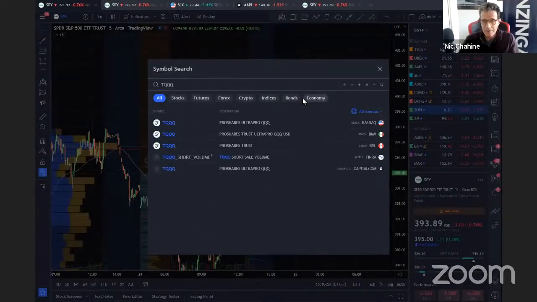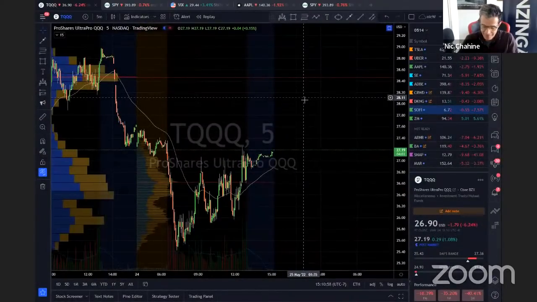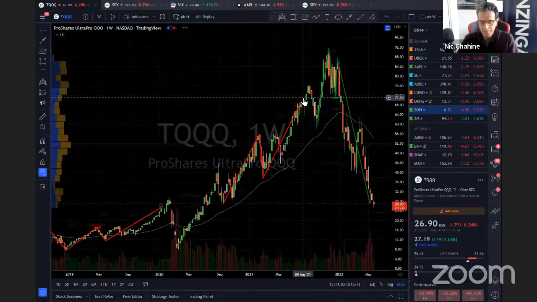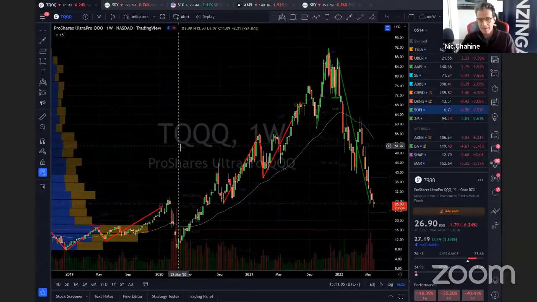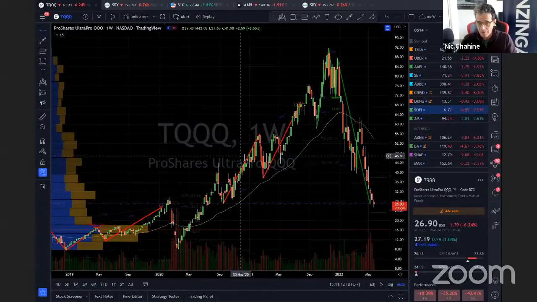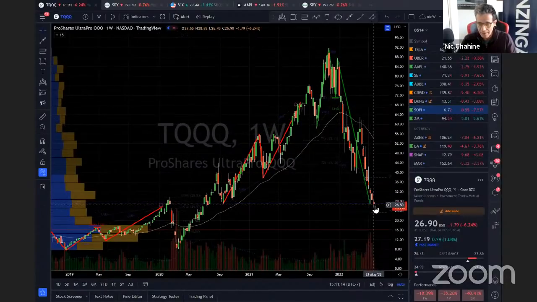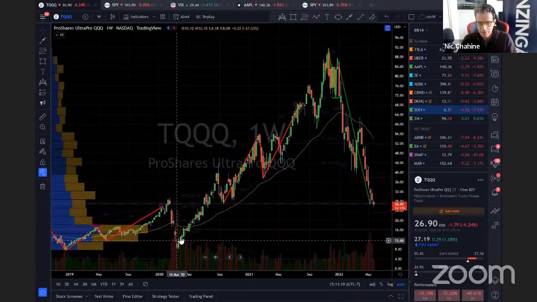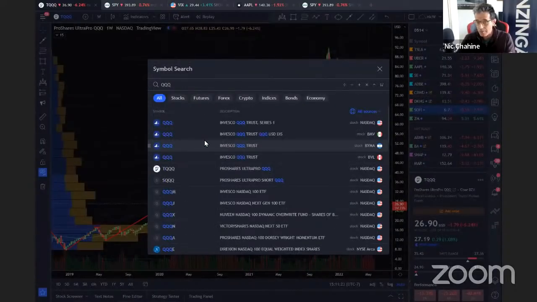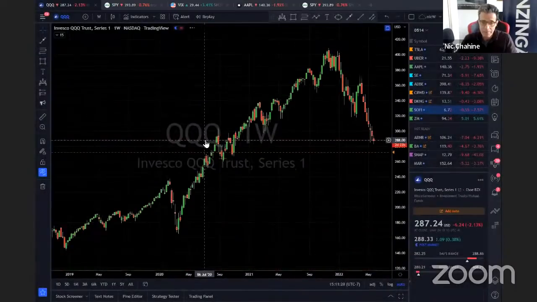So the TQQQ is basically, God, it's so hard to say. Let's call them the TQs. This is the NASDAQ ETF on crack. It's a 3x the Qs, right? Look, it's right here right now, which by the way is a pretty bullish opportunity. And this is February 2020 pandemic, right? It's right there. I'll go to the QQQ, which is supposed to tag the TQs, should be mirroring the Qs.